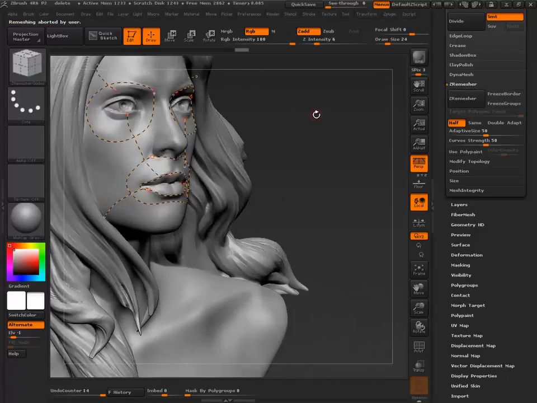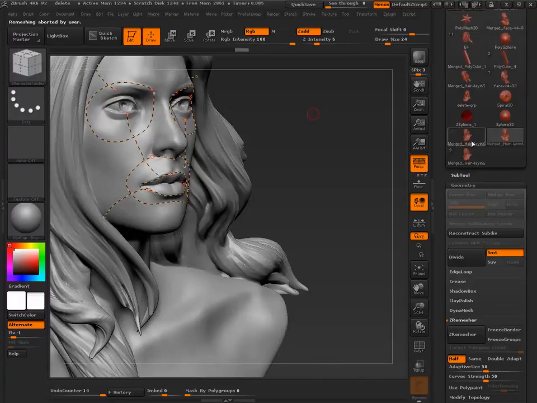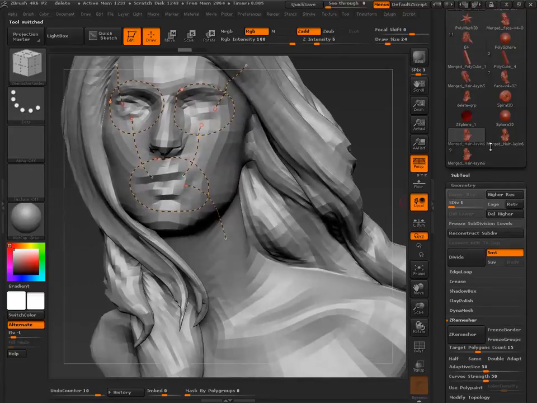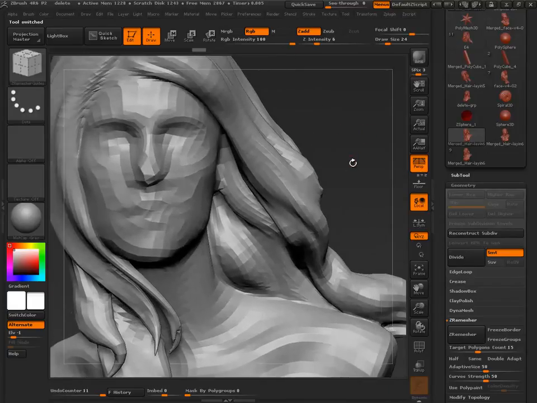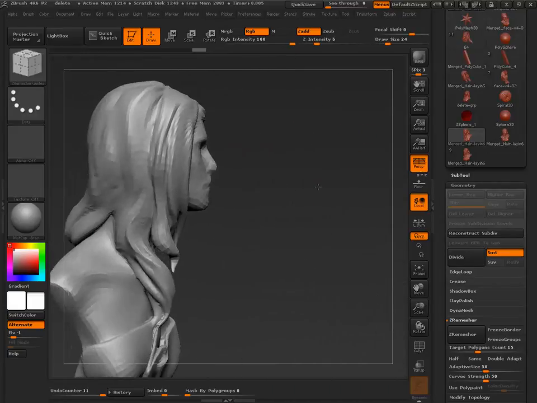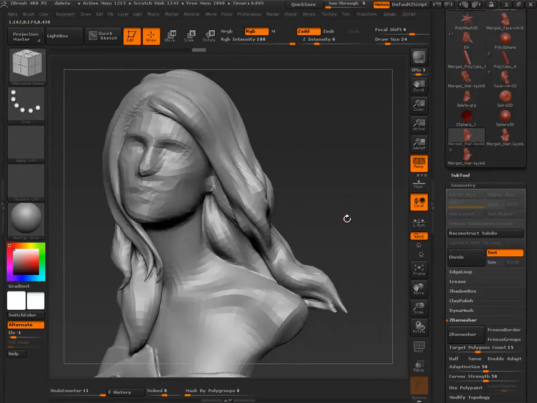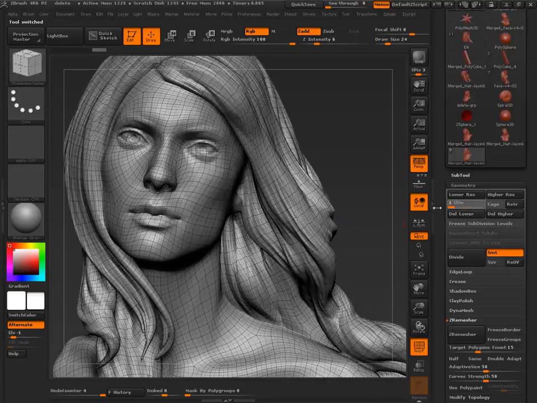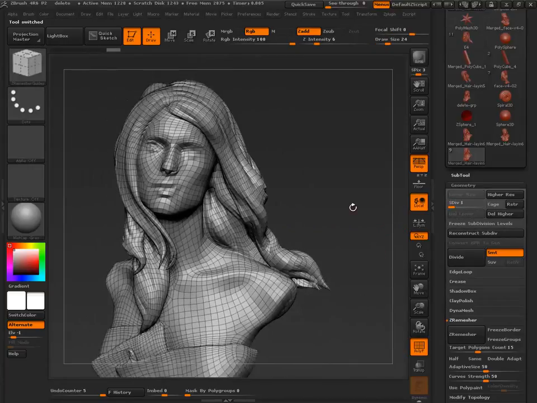Okay. Aborted. Let's work with the one that we've got, and that new topology. So we've got this new topology. How are we going to transfer this over to this model? There are several ways to do it, of course, and what I want to do right now is walk you through logically the different processes, the different procedures, so you get a sense of things.